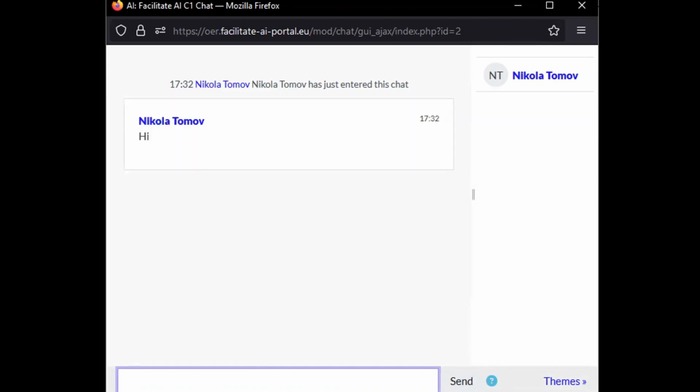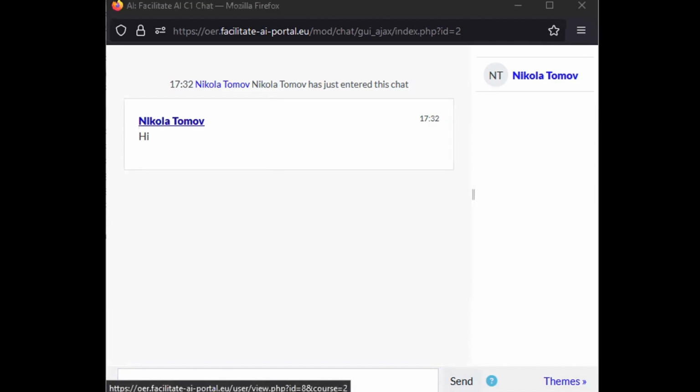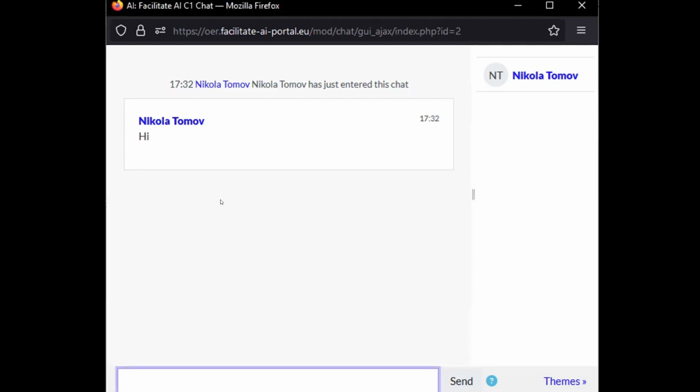When I hit enter or send, the message appears with timestamp and who posted the message. And if I click on the name of the person who posted the message, I can open their profile, or I can click here from the list.